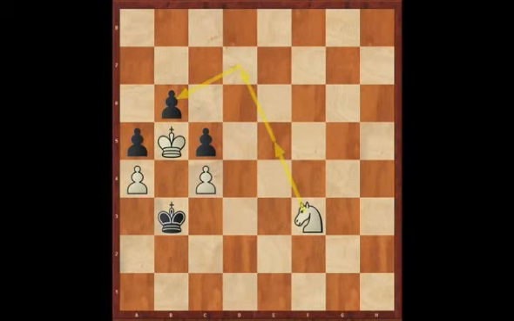Tarrasch didn't really attend to the needs of his position. He got a losing pawn structure out of the opening, and then he started swapping off. No good. Now, as I say, I'll be discussing pawn structure in a bit more depth on a subsequent DVD,